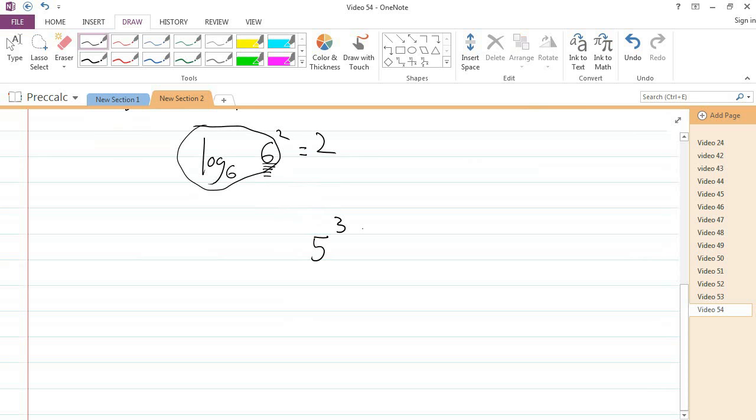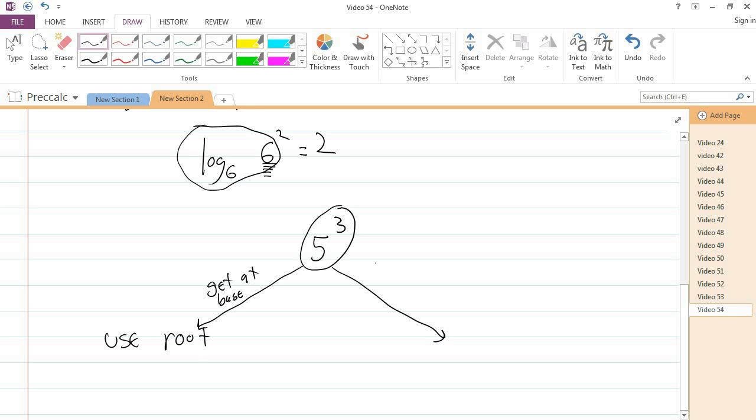And the difference is what part of this do you want to get at? Okay? If I want to get at the base, then I use some kind of a root. In this case, a cube root, because it's to the third power. If I want to get at the exponent,